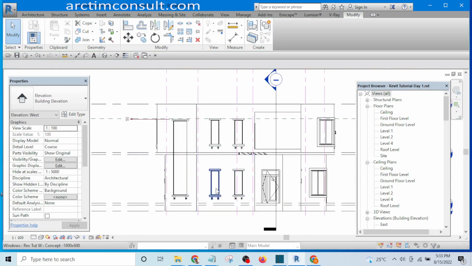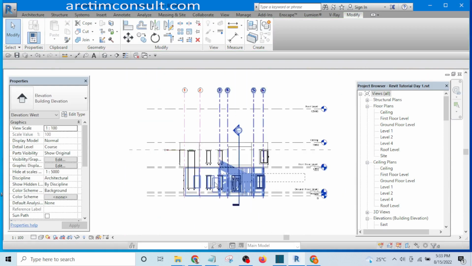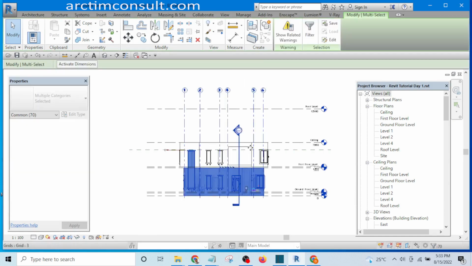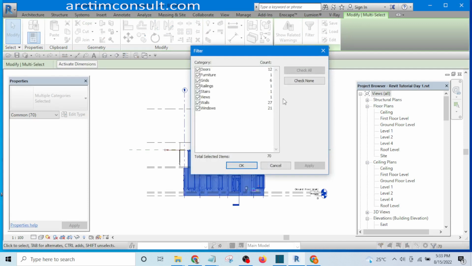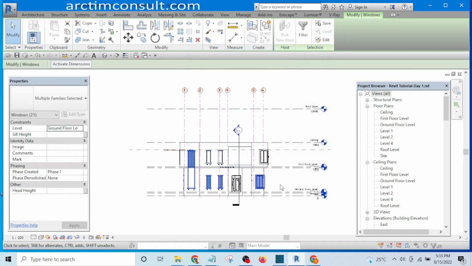Let me position the windows on the first floor first. Like I did before, I'm going to unselect other ones and select only windows. Okay, then I'm going to determine their sill height. Okay,